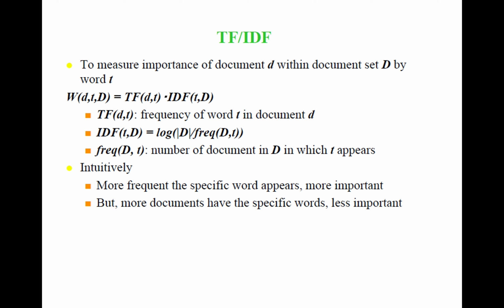So TF-IDF is one of the important measures of the importance of a term T within a document. Say T is a word, right? So if we have a word T in document D, in the set of all documents D, TF-IDF is one kind of measure of importance used to find the similarity between documents. TF, term frequency, refers to the frequency of word T in document D. IDF refers to the log of the number of total documents in the set, and